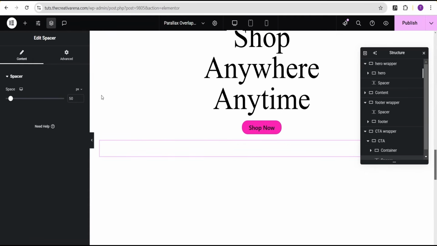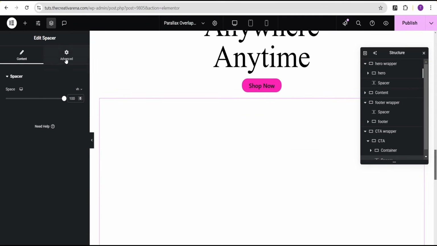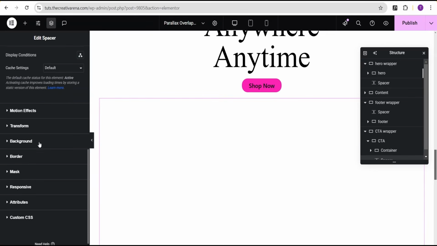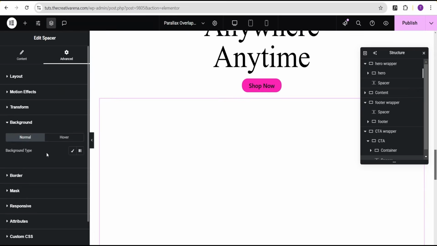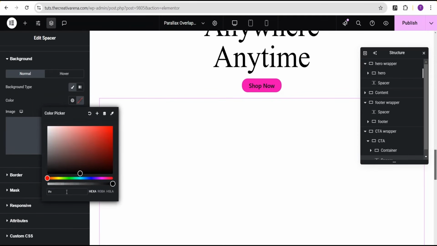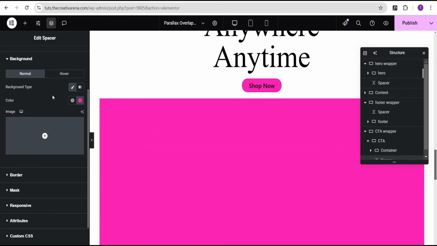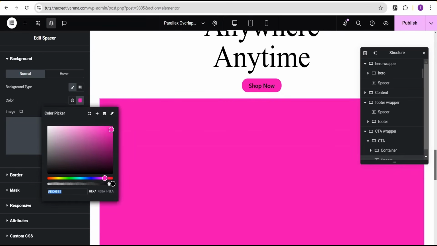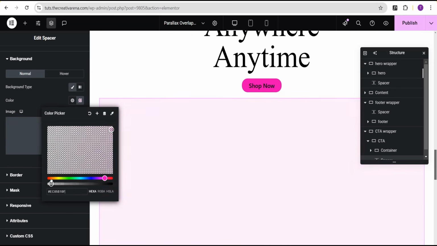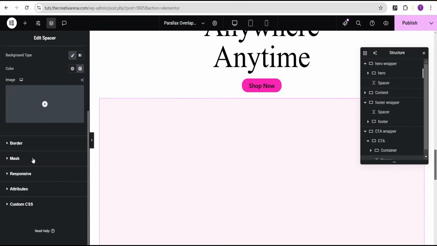Okay, so now for the spacer, I'm going to come over here and give it a VH value of 100. Then I'm going to go to the advanced settings, come down to where we have the background, and set the background to classic and give it a background color of EC05B1. Okay, so now that I've done that, still on the background color, I'm going to make it transparent. So I'm just going to drag it this way. So when I have that transparent, see, okay,